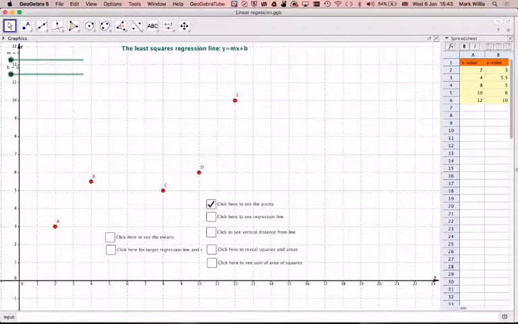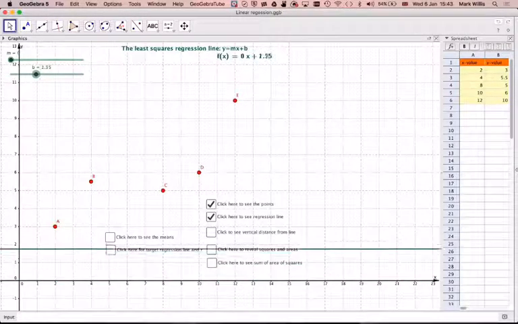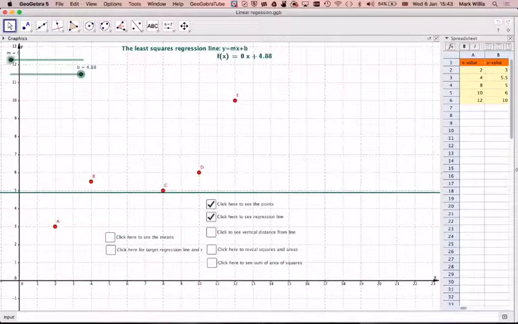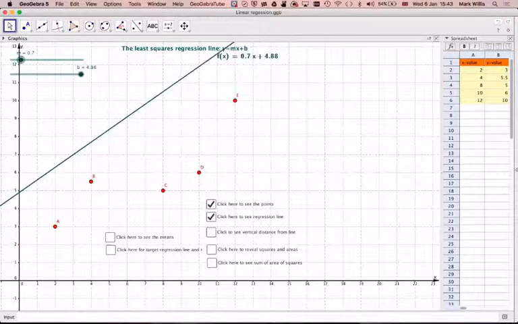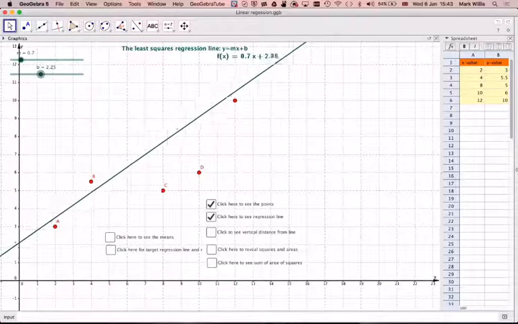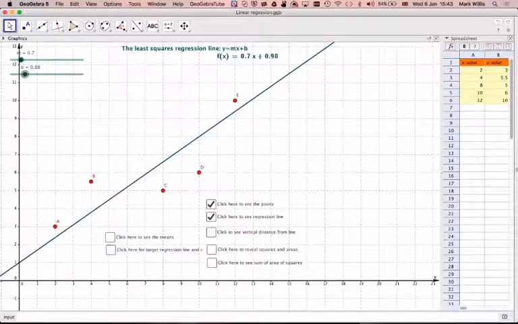And what we need to do is, if we click this one and move the sliders, we'll see we get a regression line. And what we have to do is fit this regression line by sort of using your eye. This is called the line of best fit. However, obviously there's a mathematical way of actually calculating what should be the equation of this line. And what we do is we look at the vertical distance from each of the points from the line,